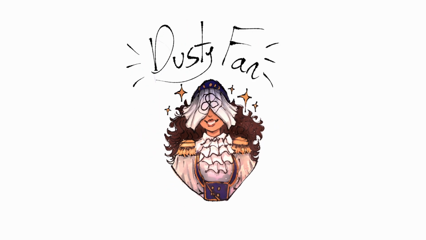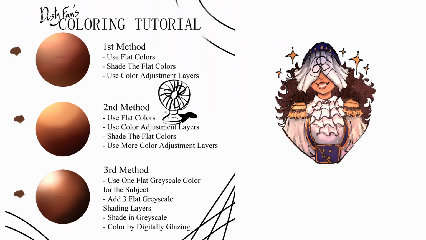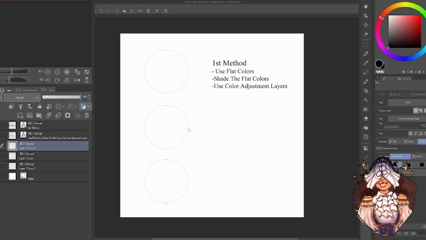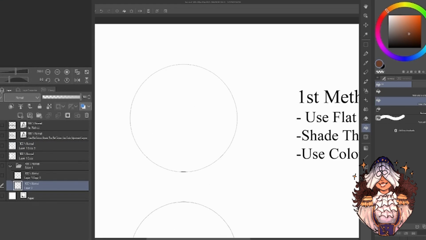Hello everyone, I am Dusty Fan, and this is going to be a painting tutorial describing 3 different ways you can paint your subject. I have the first method, which is using flat colors, shading the flat colors, and using color adjustment layers. So now, we are going to use the bucket tool, hit refer to other layers, choose a